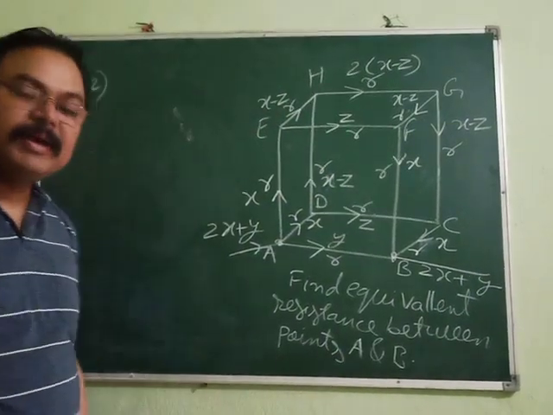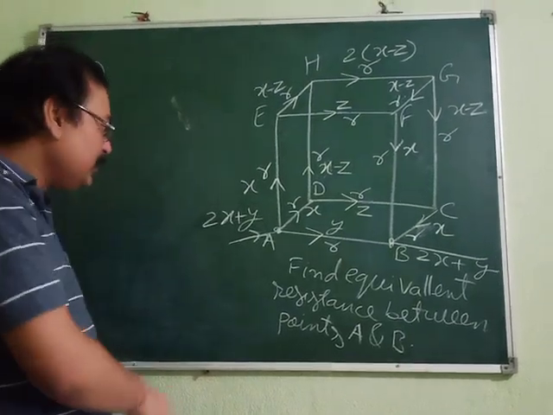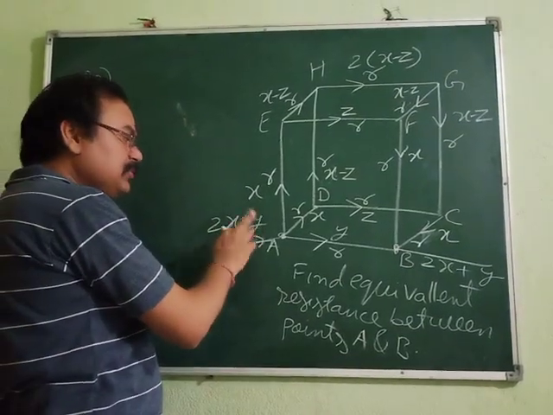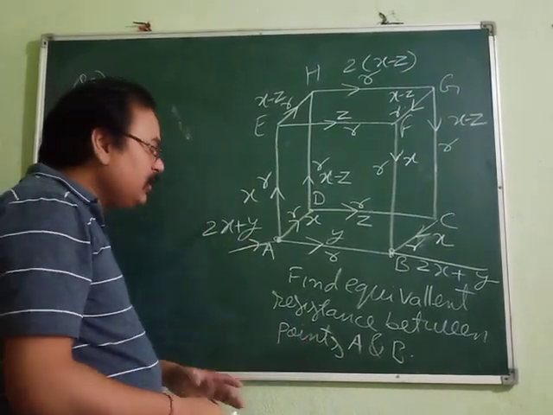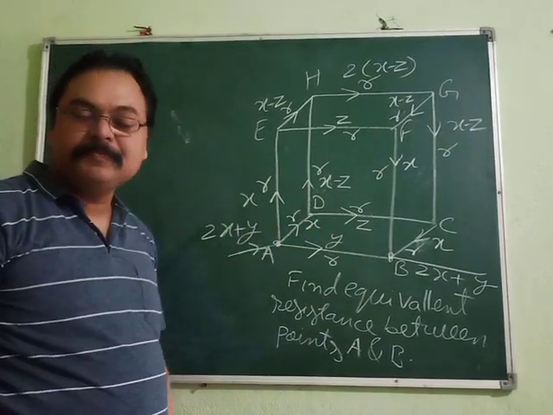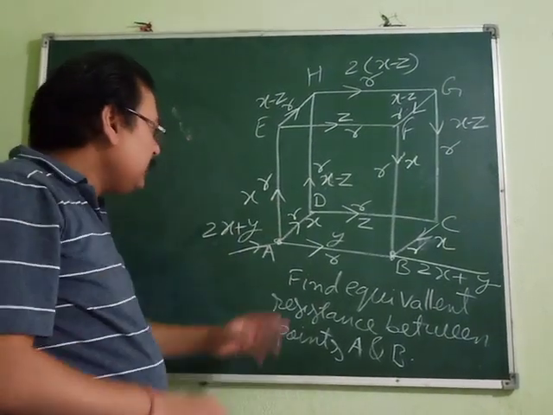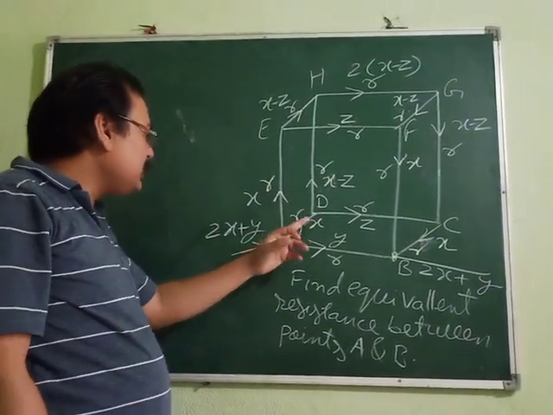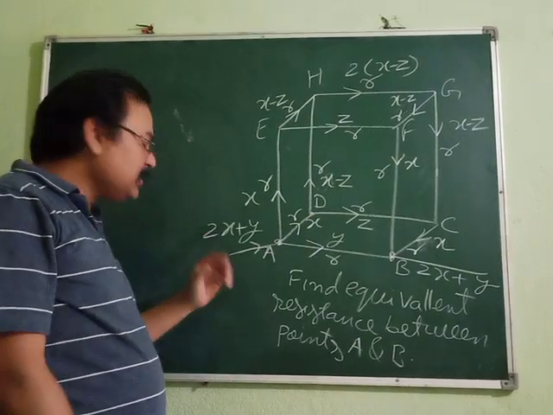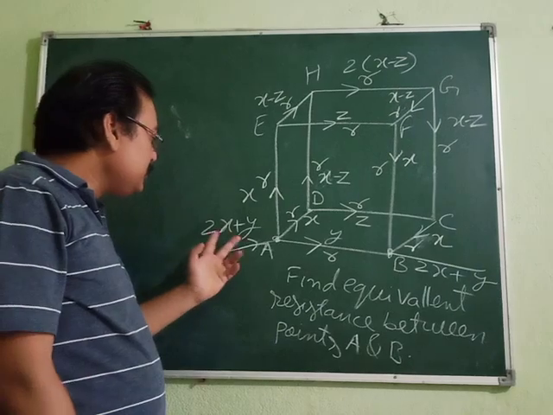Okay. Any problem in this? Again, should I explain the current? See, the total current is 2x plus y. Why are we taking x and y, two variables? Because this path is totally different from these two paths. These two are similar paths, so for these two we can take equal current, that is x plus x, so 2x, and for this path we are taking a different current, that is y. So 2x plus y.